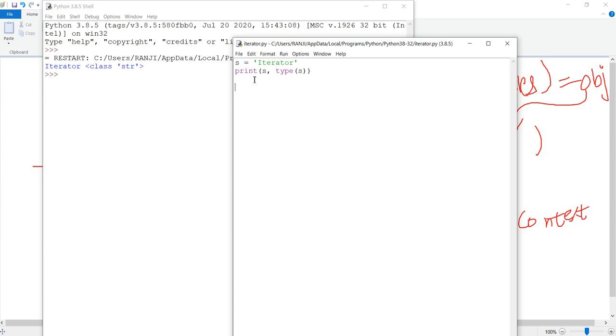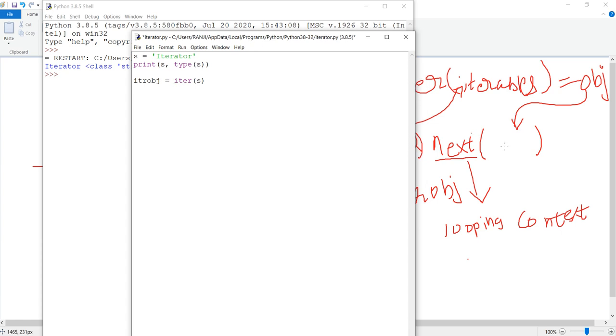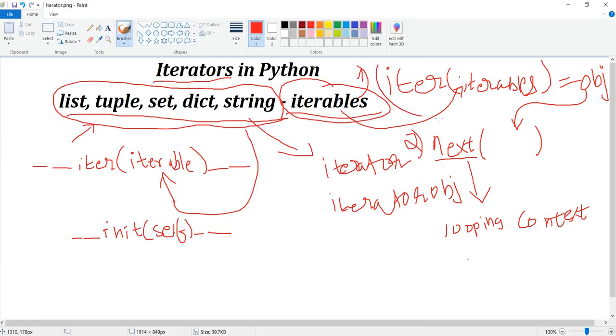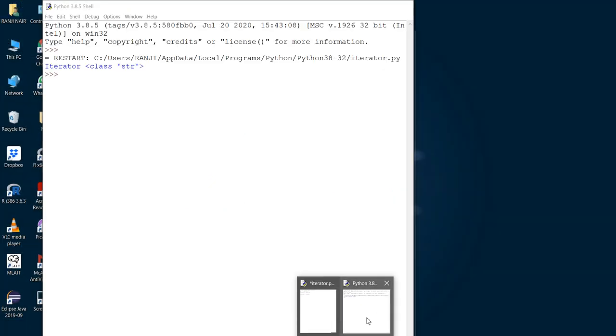Now what we want to do is, I want to convert this string, which we know is an iterable, to an iterator. So what I do is I call the iter function, and to this I just pass the s variable, that is the iterable, and I just make an object. So I assign this to an object. So that is what we have spoken here, that is this part. So we are coding on this part.